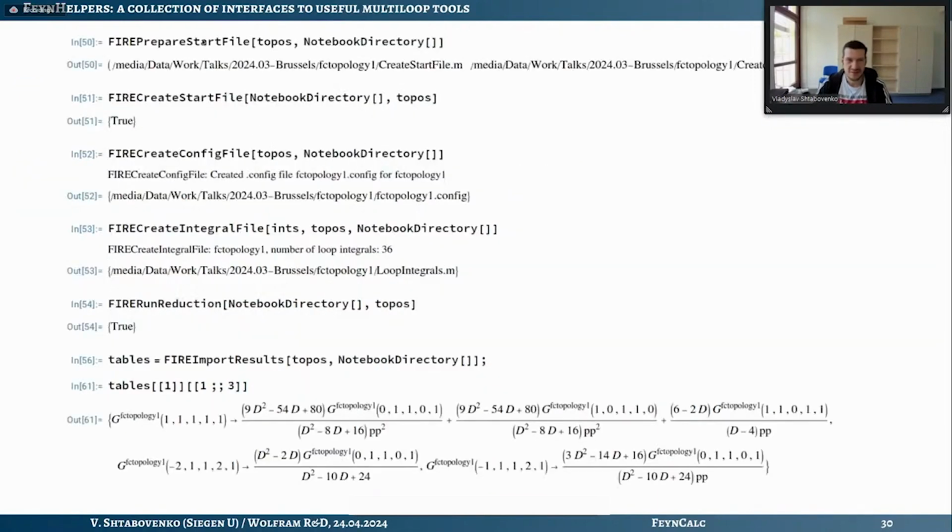So then you can do the following. First, you prepare the so-called start files that Fire will need to carry out the reduction. These are Mathematica scripts that have to be run. And in general, depending on the complexity of your integral family, you might need to run it on a server or on a cluster. But for cases where the complexity is low and everything is very simple, you can actually run it in the background from Mathematica using this FIRECreateStartFile